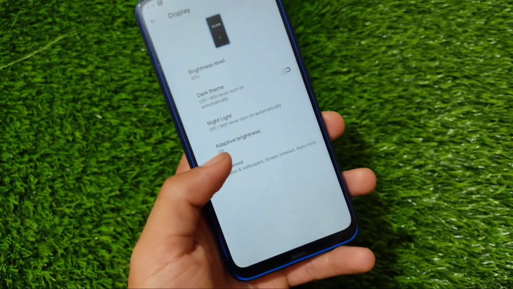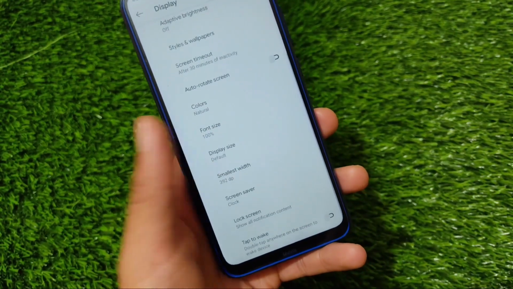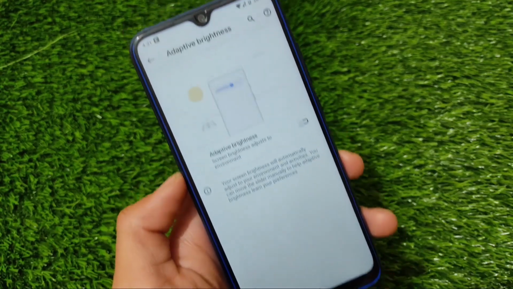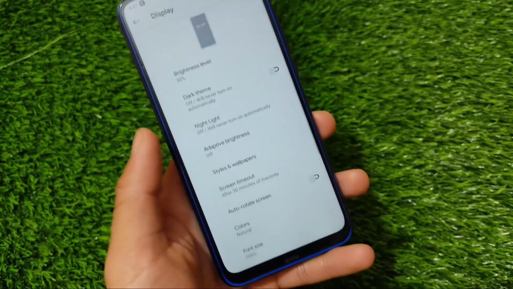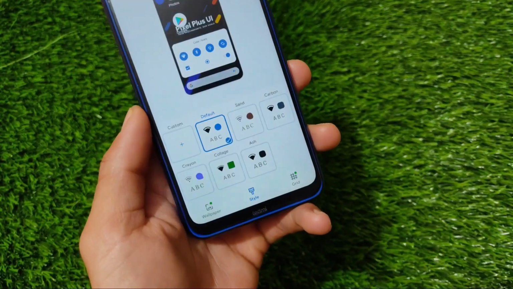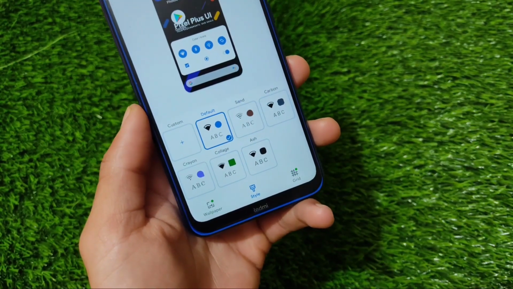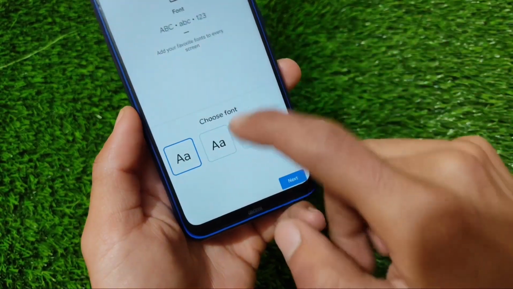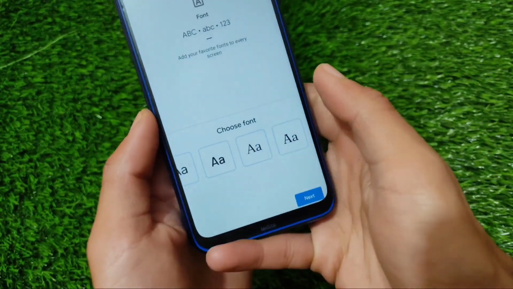Display and any other settings, you can simply check out, and everything has a little bit of new UI. Styles and wallpapers, adaptive brightness, everything is the same. If you go for styles and wallpaper, it comes with 5 extra styles, including the first default one. It has 6 style options available for you, and it also has interesting fonts.